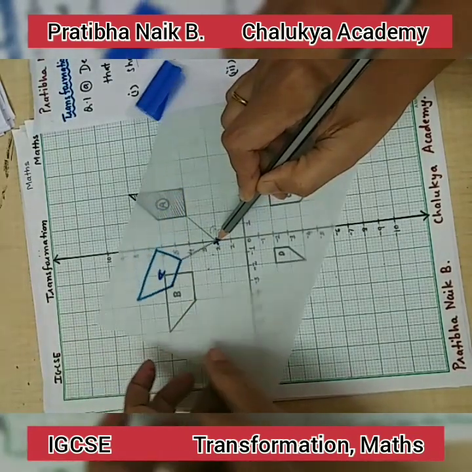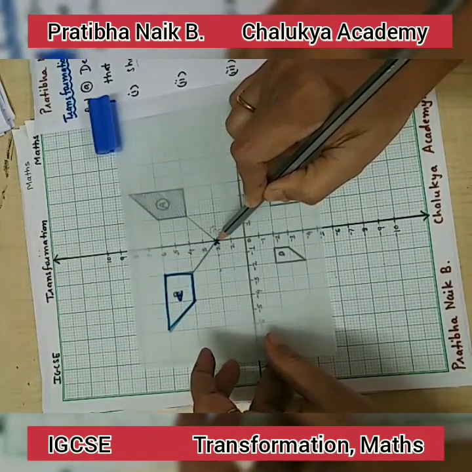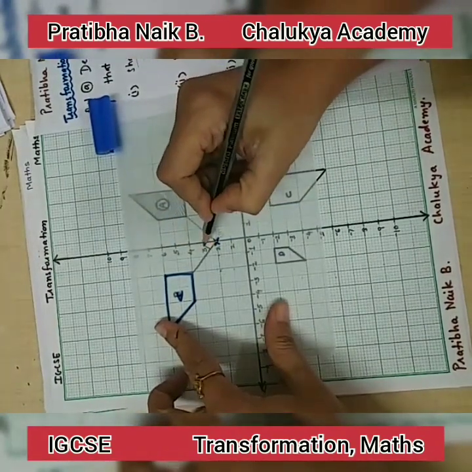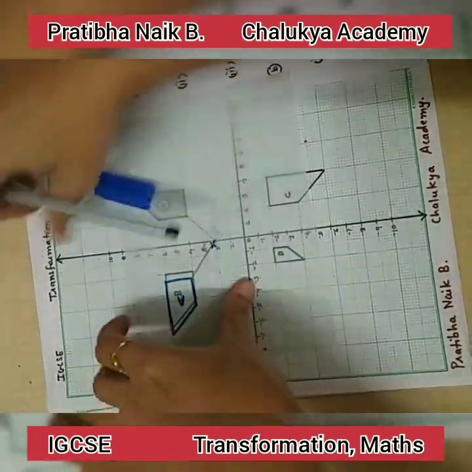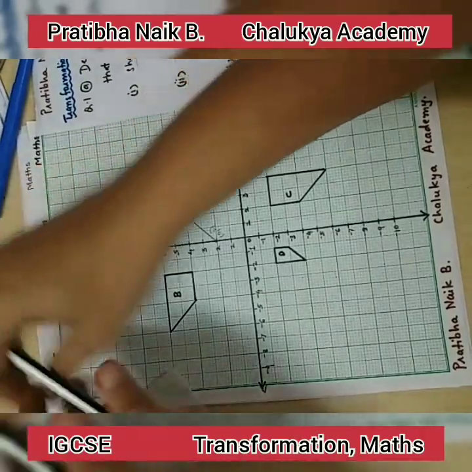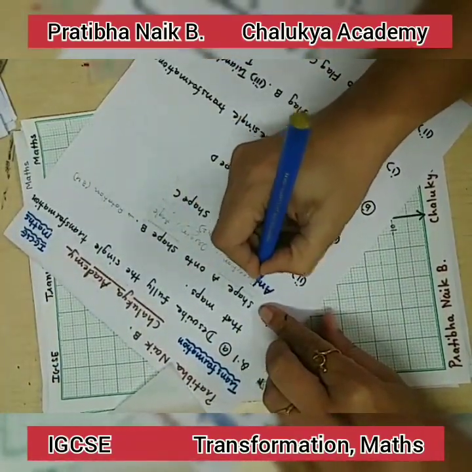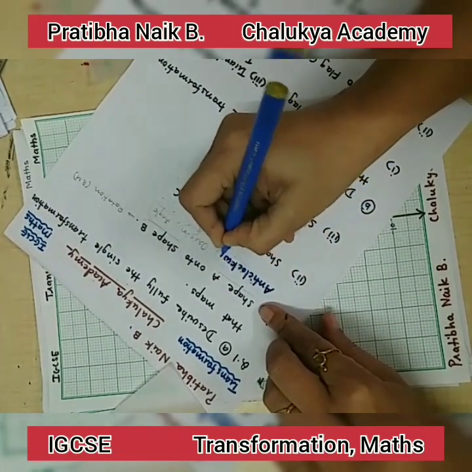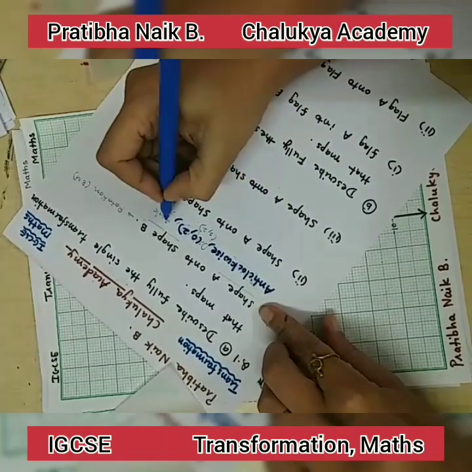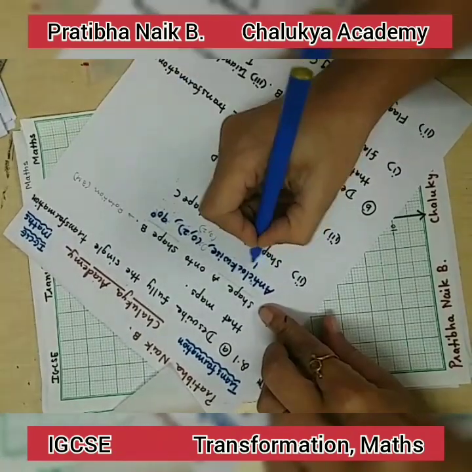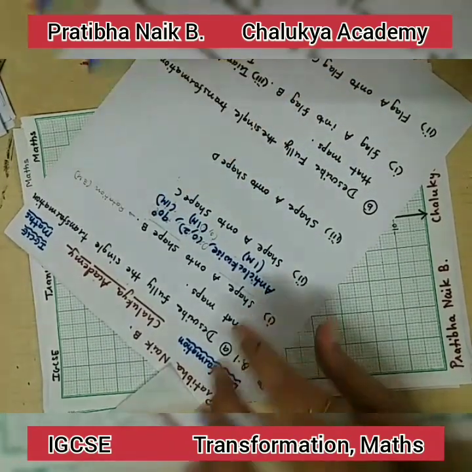Now I am rotating this. Okay, so this is what? This is anti-clockwise direction. I am rotating this. Now you can see it makes 90 degree angle. Okay, so this is our answer. So we are writing here, direction is what? Anti-clockwise. Okay, so we have come to the final conclusion. Origin is 0, 2, and angle is 90 degree. So 1 mark for the direction, 1 mark for the origin, and 1 mark for the angle.